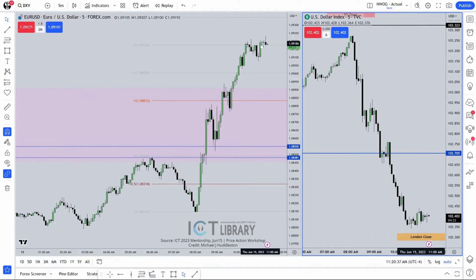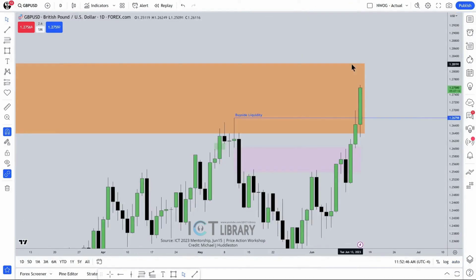in concert with the higher high in euro. This is a USDX SMT divergence. That means dollar and euro are not in agreement with what they've done at a time of day that is critical, London close. When a seasonal tendency is likely to occur, a seasonal tendency, by the way, if you're new,